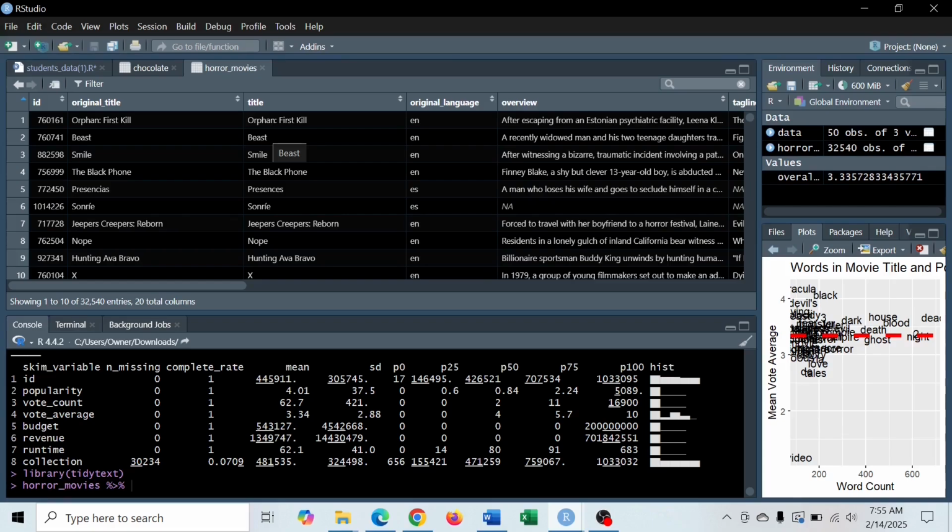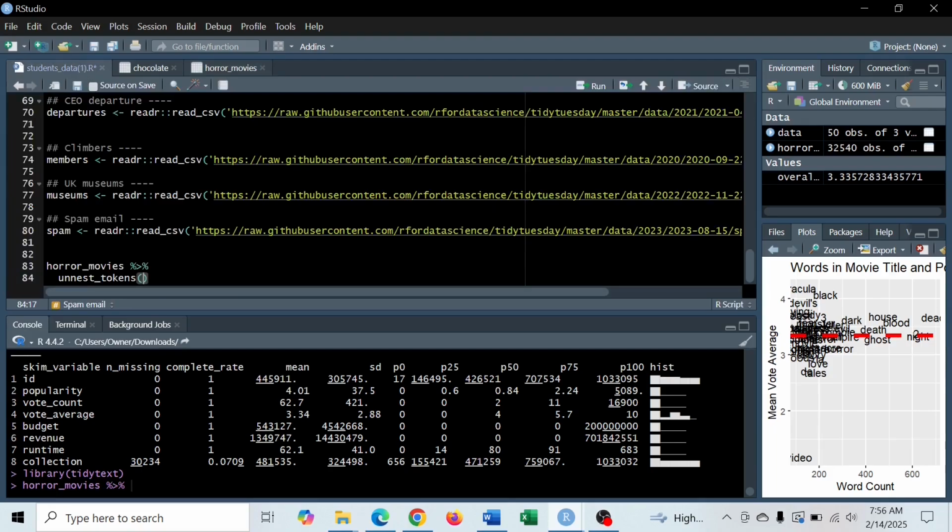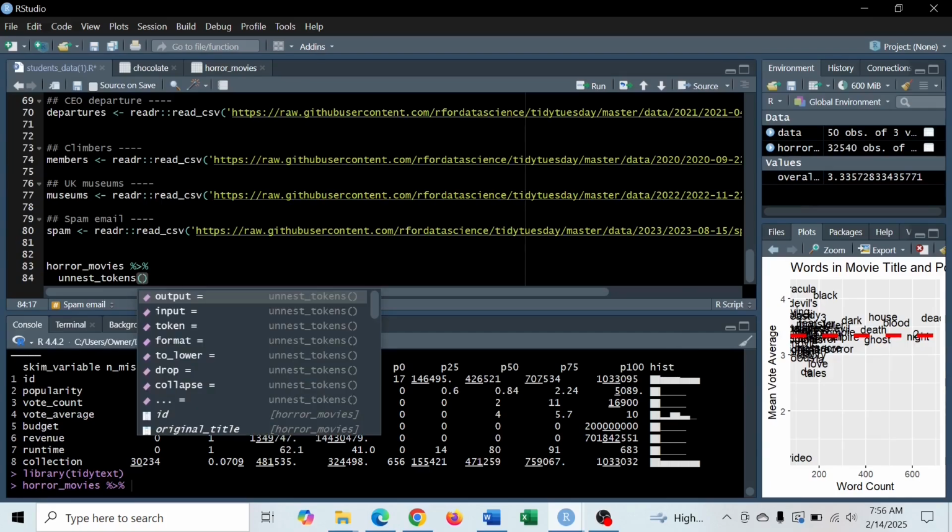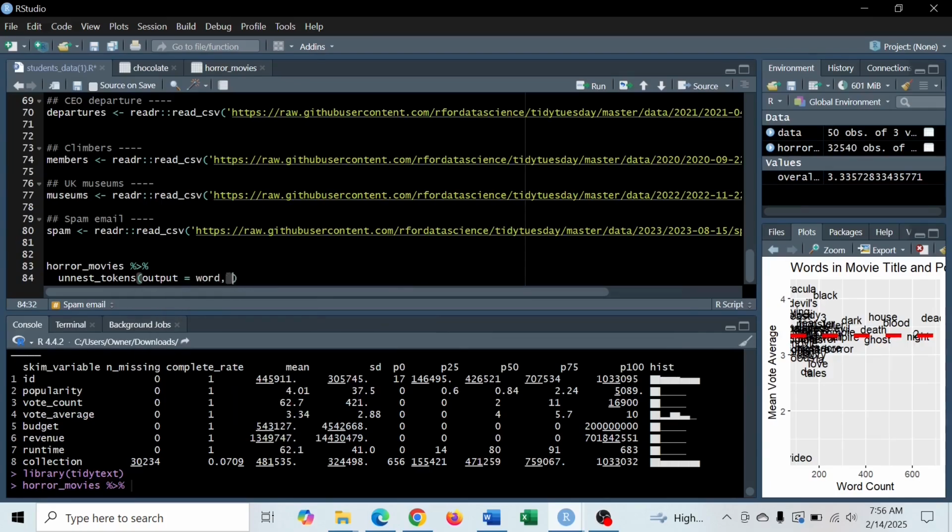Most often, the smaller pieces in a string are words. So here, the data table is already provided, that's horror movies, and the output will be word, and the input will be title. If you execute this, Control Enter,